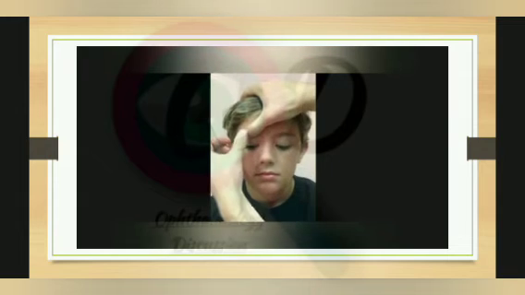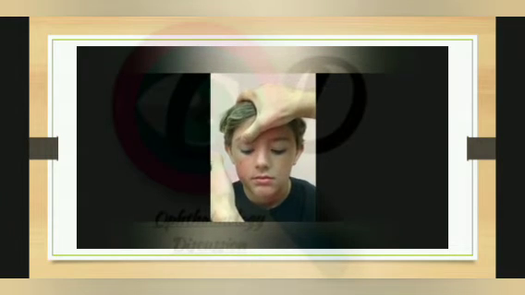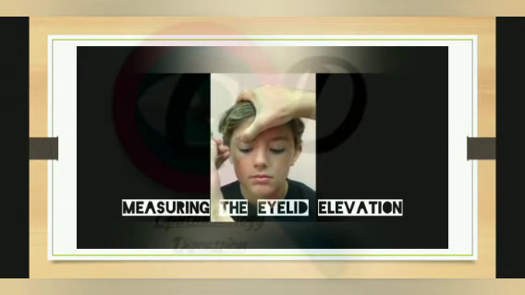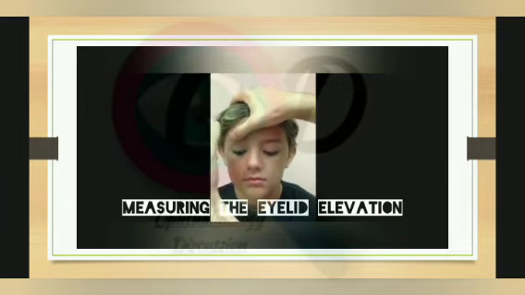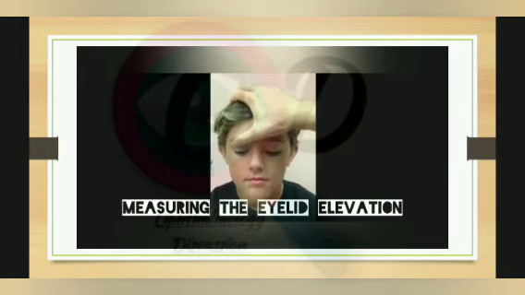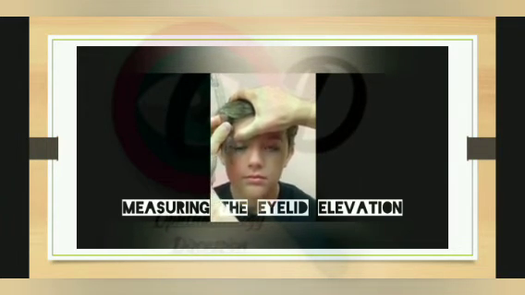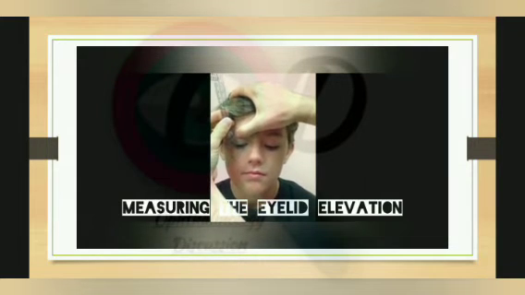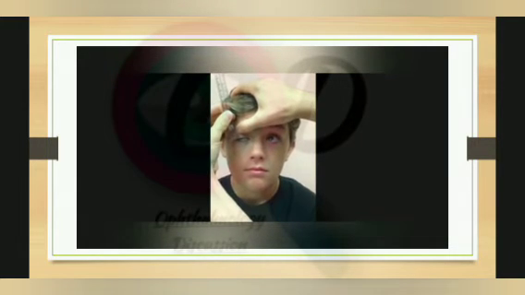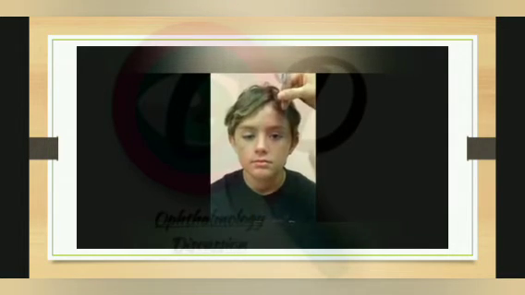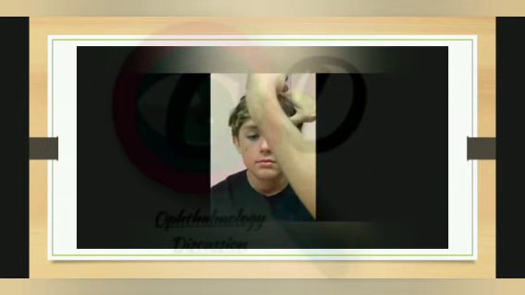Then we measure the eyelid excursion, which is the levator function test. This is done by bracing the thumb on the superior orbital rim to eliminate the contribution of the frontalis muscle by pressing on the eyebrow. The patient is then asked to look downwards, and the position of the eyelid margin is marked as the starting point, and then to look upward. We are going to ask the patient to elevate the eyelid. On the affected side, the excursion measures 0.2 millimeters, whereas on the unaffected eye, it measures approximately 15 millimeters, which is normal.